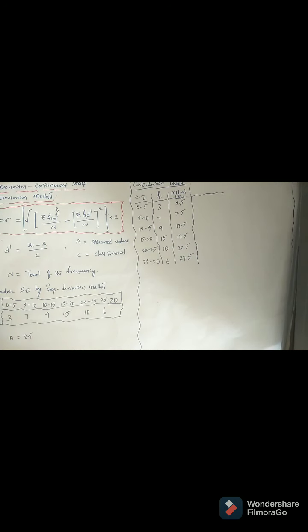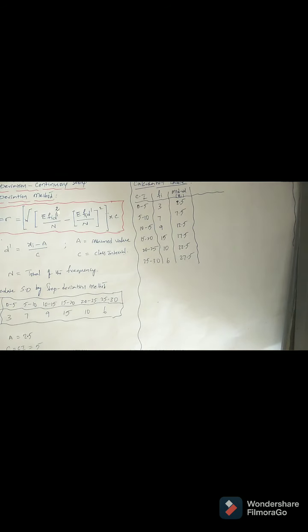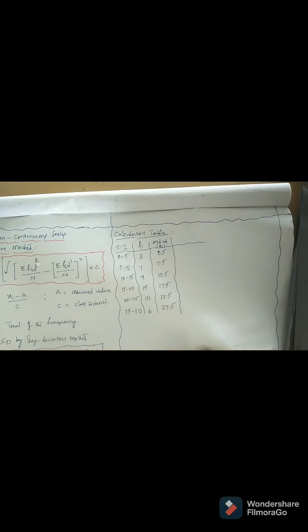The next very important thing is the class interval. There is no assumption there; that is fixed. What is the class interval? The distance between the lower and higher limits. So how much do you get here? That is the C value, which is nothing but the class interval. How much? 5. So that is fixed. Now you go for the further calculations. Everything is now fixed.